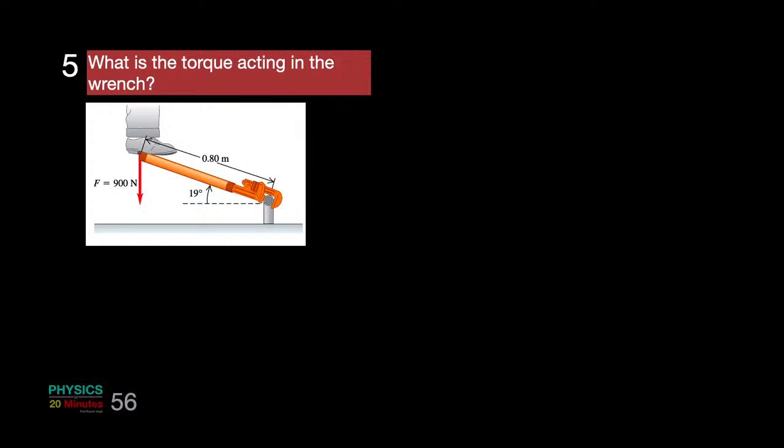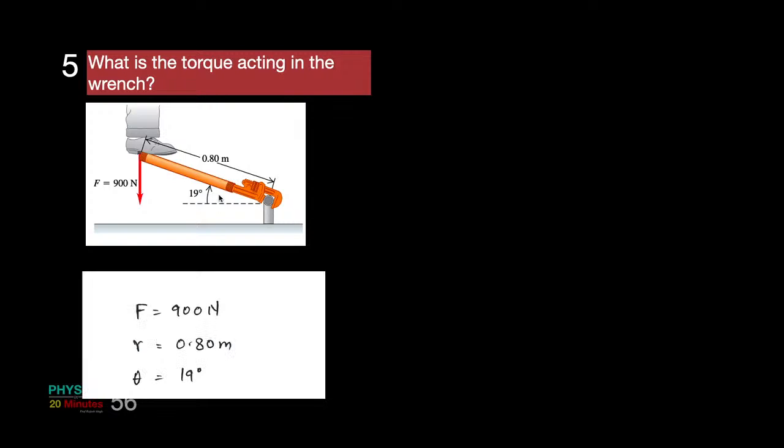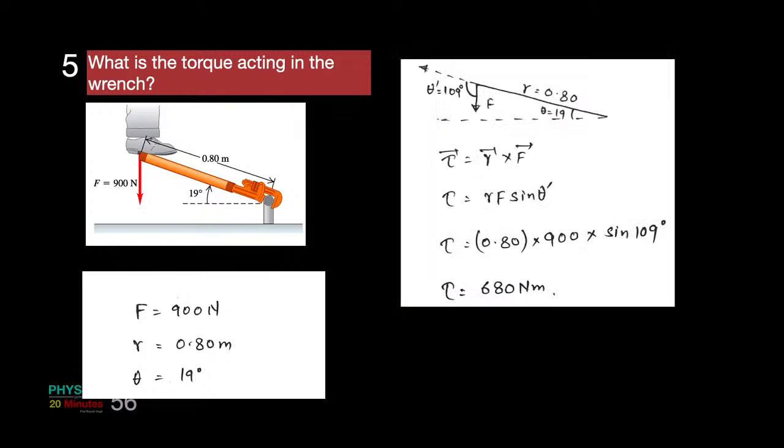So one way to do it very easily is that if you have seen enough or practiced enough problems, then you will realize that this distance will be nothing but 0.80 cos 19, and that will solve the problem. But I'm going the way which I have used to describe the theory. If I use strictly that way, then I have told you that